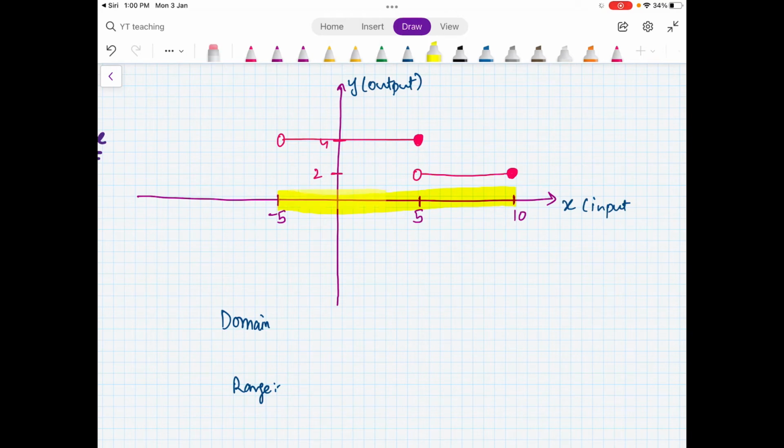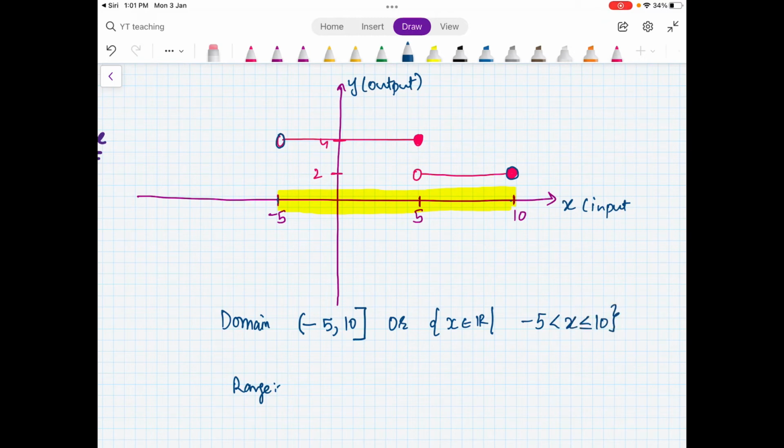Here we have continuous. Okay, so it means that this is my domain from -5 to 10, but you have to be careful. Here you have a closed dot. Here you have an open dot. Open dot means this -5 is not included. So your domain is -5 till 10, but this -5 is not included and this 10 is included. Included means I'll put a closed bracket. Okay, so you can write like this, or you can write x belongs to real numbers such that -5 is less than x is less than or equal to 10.